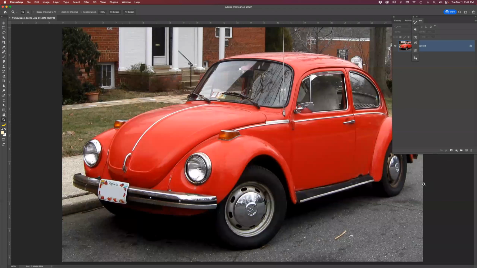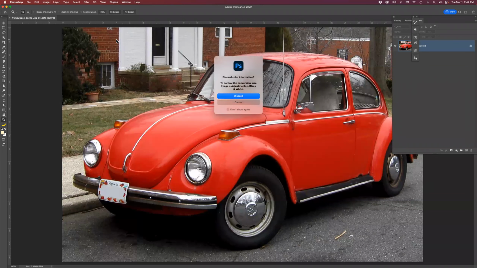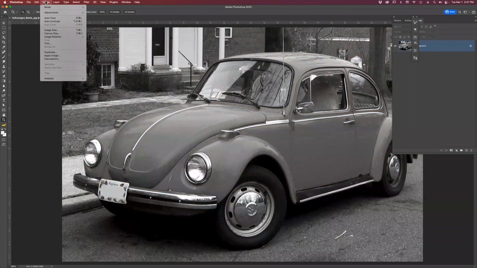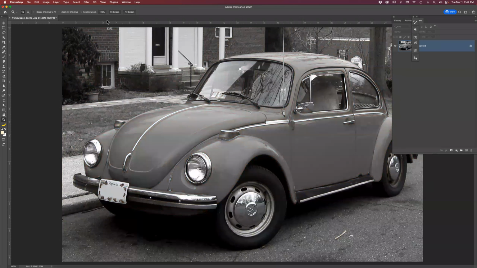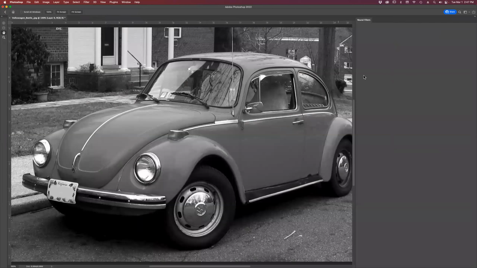In fact, let's do this. We're going to take this, go to Image, Mode, Grayscale. Discard everything. And now it's a grayscale image. That way there's no cheating. I can't outsmart Photoshop. Mode, back to RGB Color, because you cannot run neural filters on RGB color or on grayscale mode. Filter, Neural Filters,